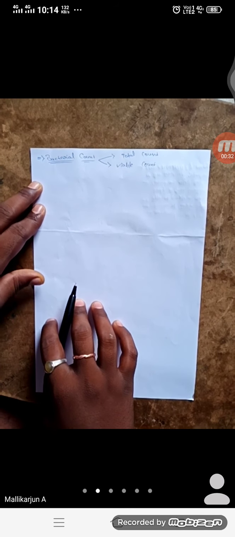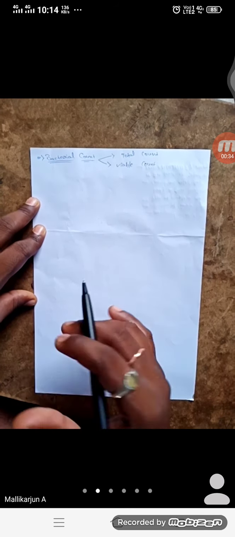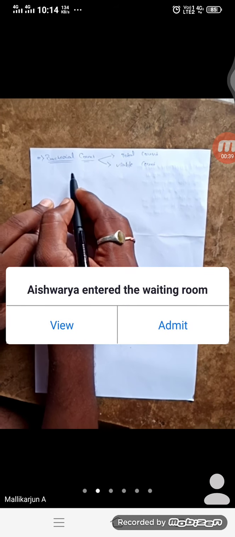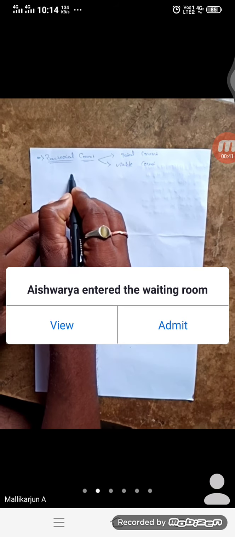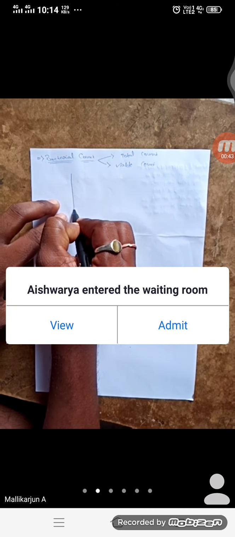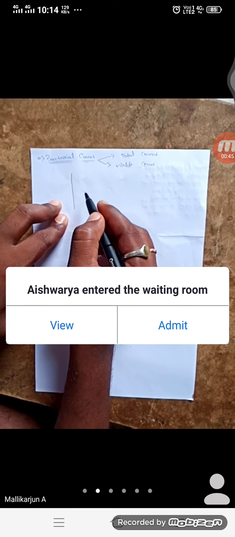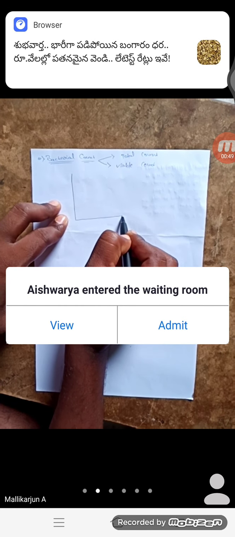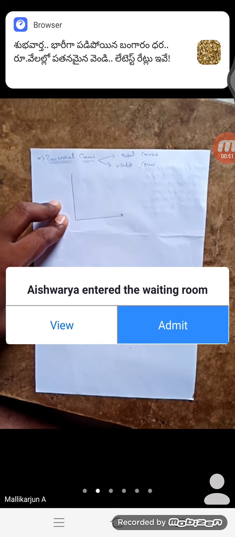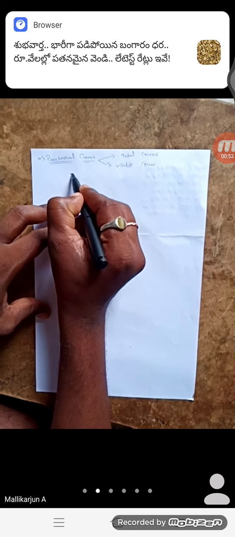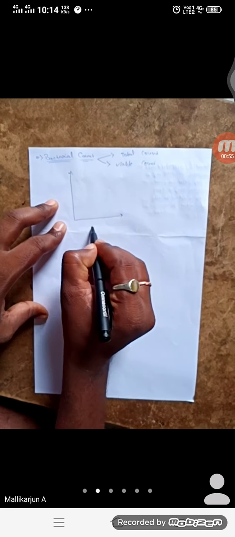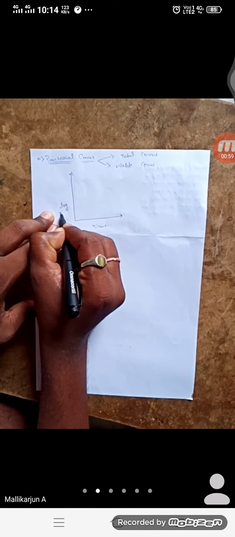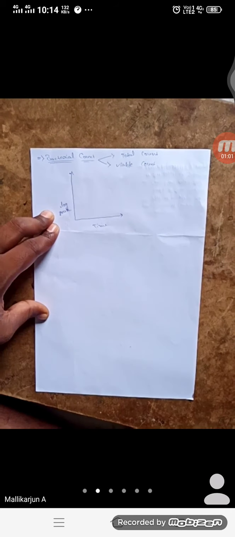So what is the total count method? What is the viable count method? How do we identify the total count and viable count? Our last topic is the growth curve. In the growth curve, take the graph between time versus log count, that is, time versus log growth.